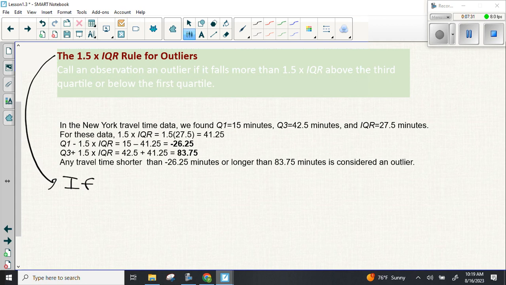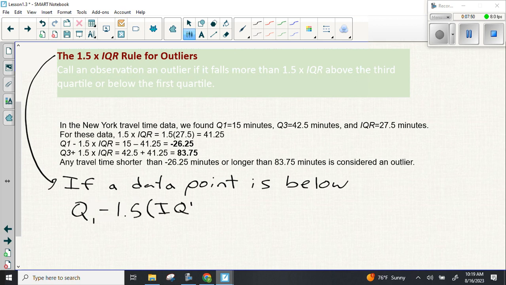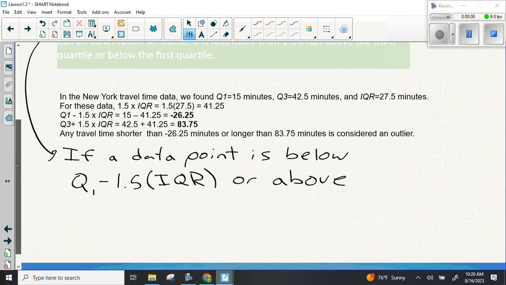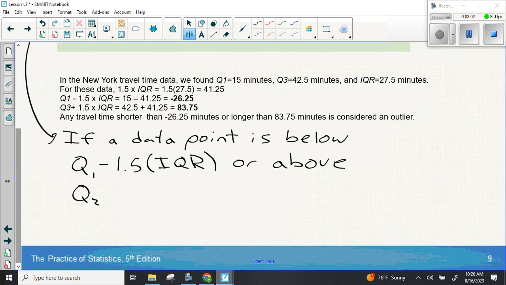If a data point is below Q1 minus 1.5 times your IQR, or above quartile 3 plus 1.5 times your interquartile range,